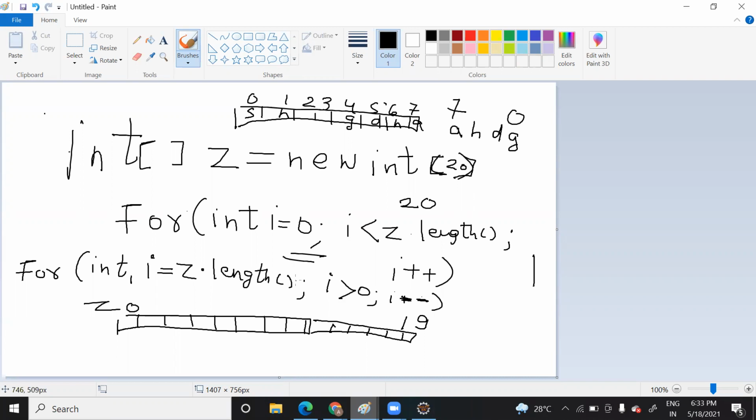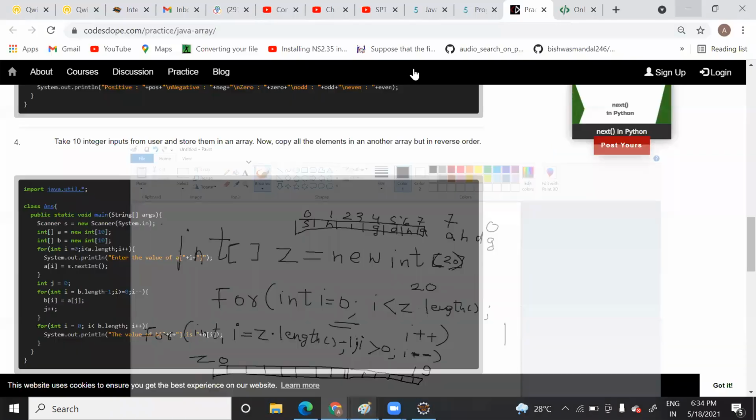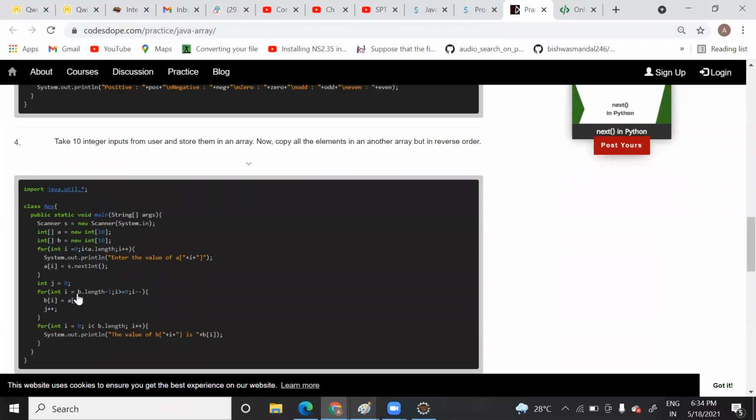If your index starts from 0, you will add minus 1 here. If it starts from 1, then you will use z dot length. So the same thing is there. While printing, you just write i is equal to b dot length minus 1, i greater than 0, and i minus minus. So is it clear to you?